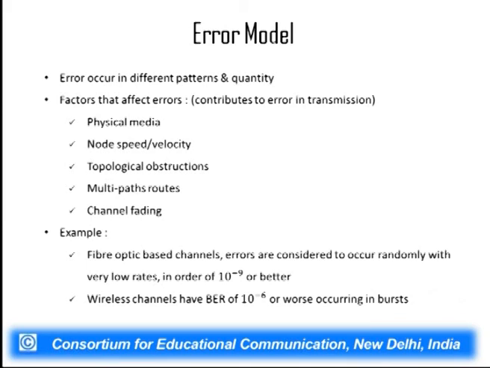So, what happens when the information reaches from the source to the destination following these multiple paths, there can be different versions of the same copy of transmitted data received at the other end, which, if not resolved, if the destination station does not have proper error correcting codes or